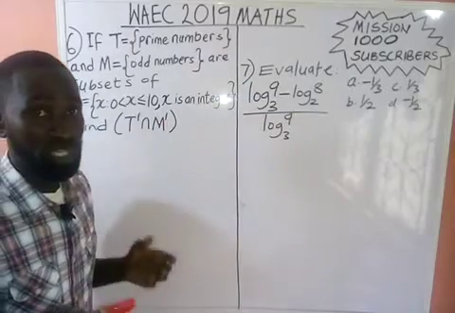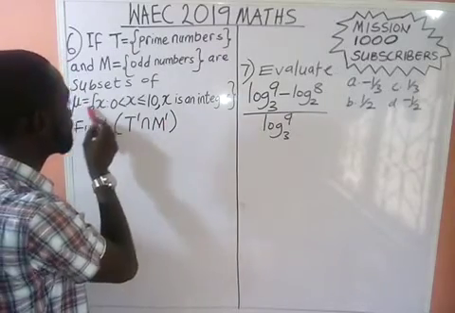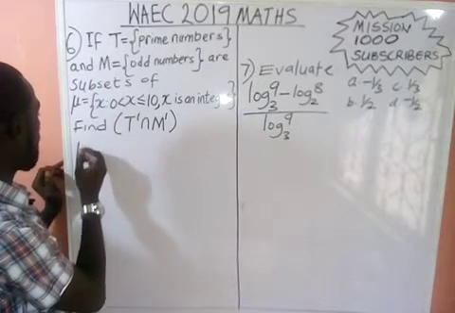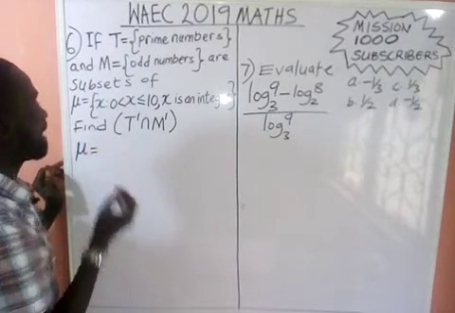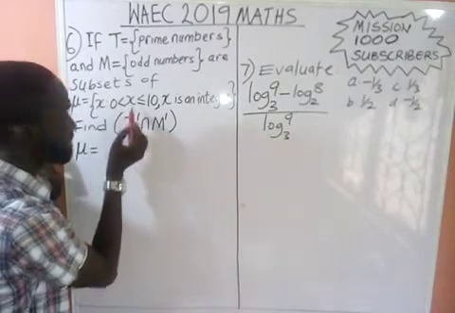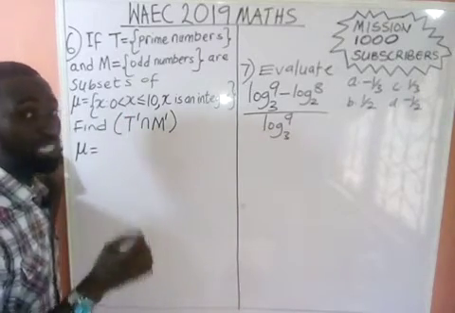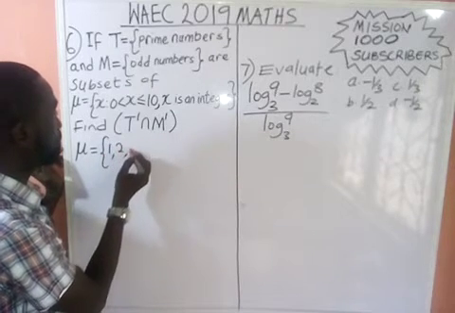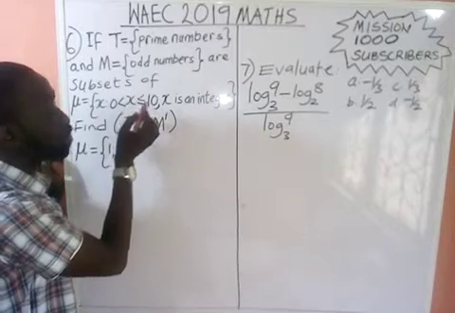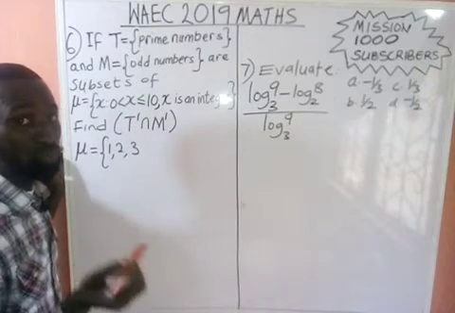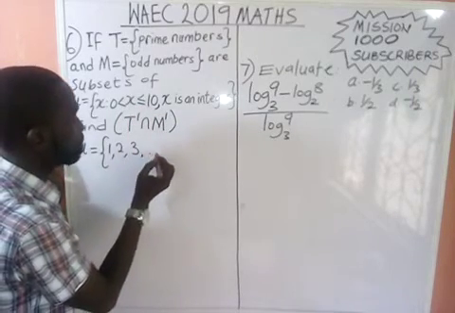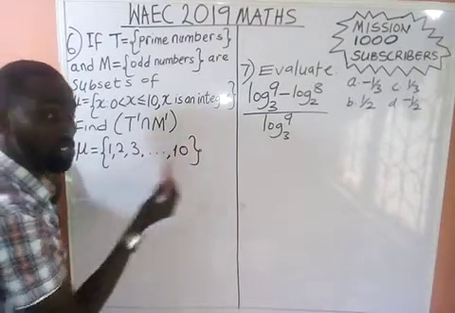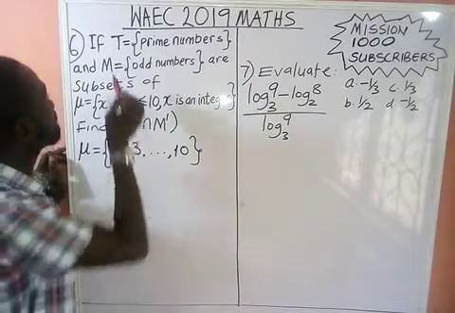So the first thing we do here in class is list the elements of this universal set. Our universal set equals what are the elements? If 0 is less than X, X is greater than 0, so we are starting from 1, 2, 3. And X is less than or equal to 10, so we are going to stop at 10. So this is from 1 to 10.